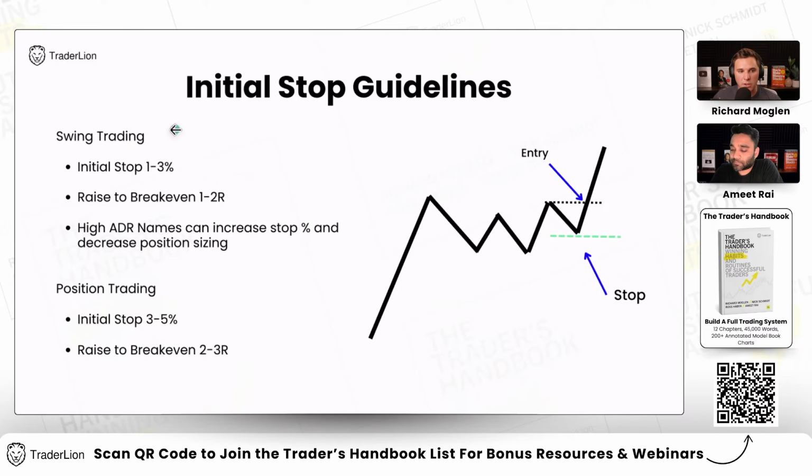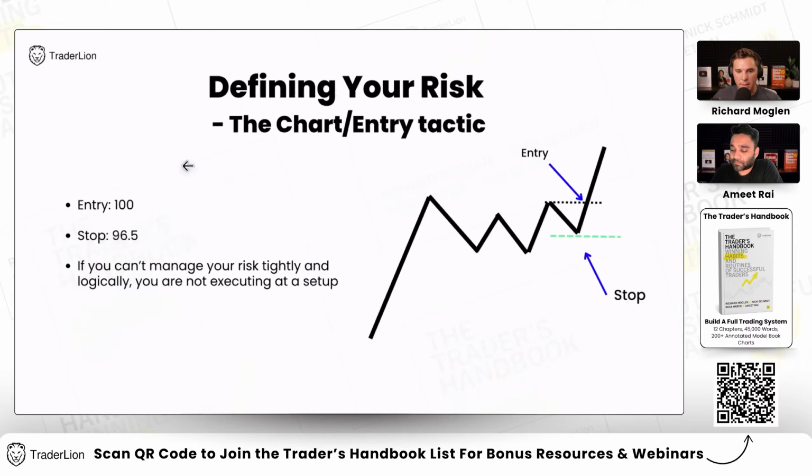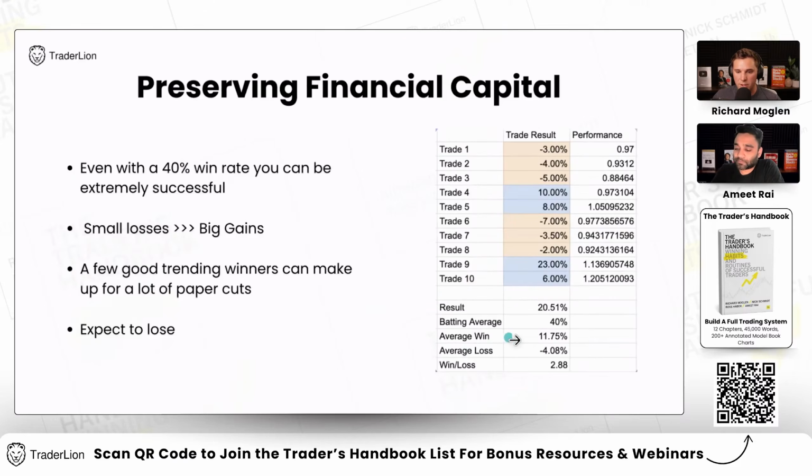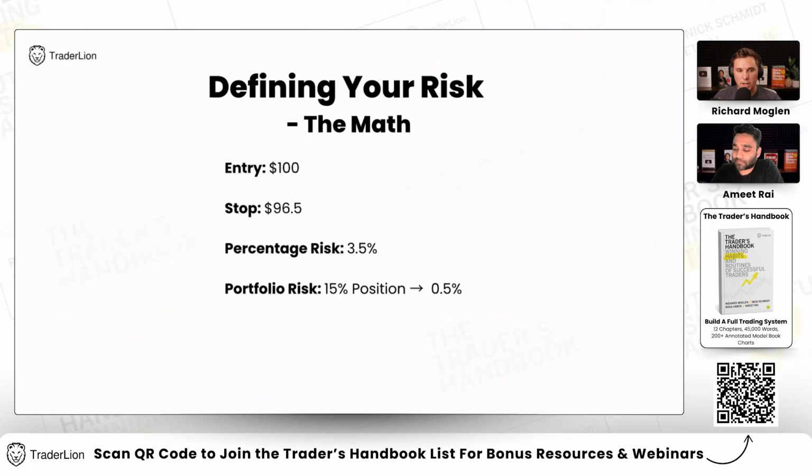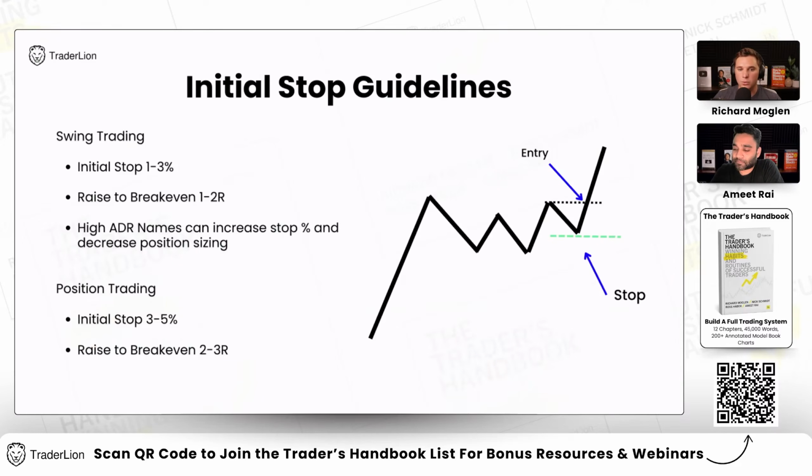So depending on your style, swing trade or position trading, you're gonna have slightly different statistics. But for swing trading, you're gonna be taking tighter stops. But if we go back to the math, your average win is gonna be a little bit smaller because you're taking profits faster. Whereas with a position trading approach, your average loss is going to be a little bit bigger, but your average winner, because you're going to benefit from those longer trends, month-long trends, is going to be higher as well. So both systems, both processes can work. Position trading is more for people doing this part-time, who maybe are working another job, while swing trading, you have to be a little bit more active and a little bit more aggressive as well.